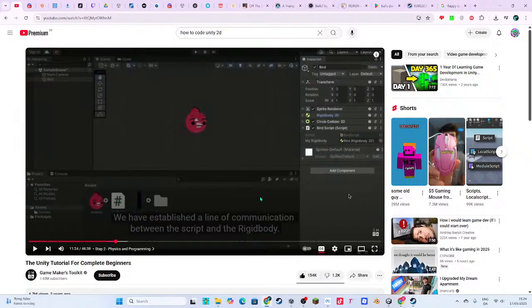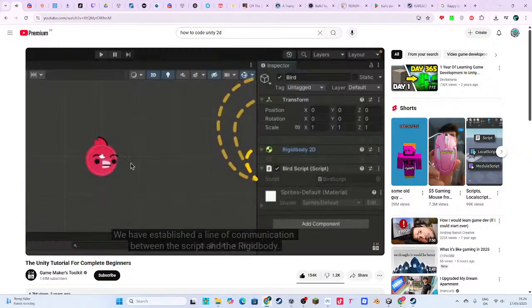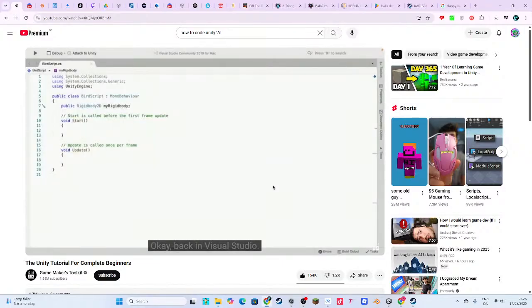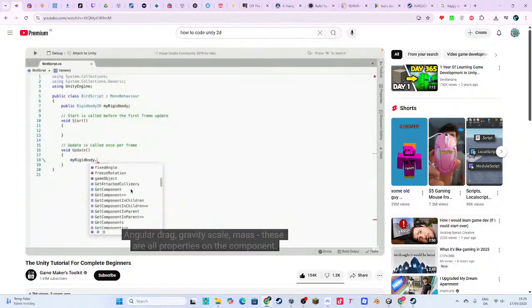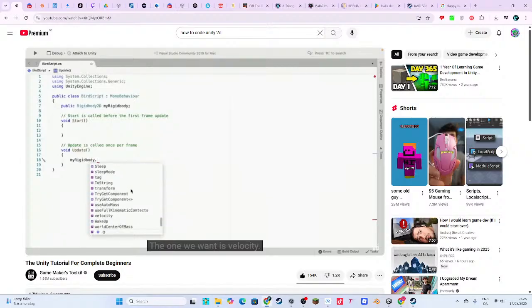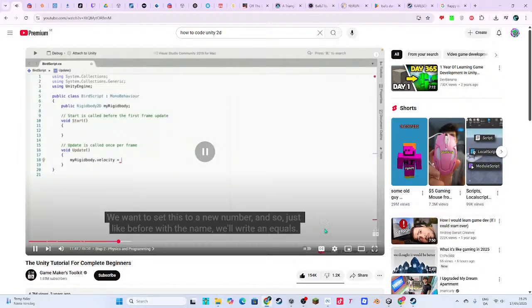Yeah. We have established a line of communication between the script and the rigid body. Okay, back in Visual Studio. In Update, we can type my rigid body, then dot. And now look at all the things we can talk about. Angular drag, gravity scale, mass. These are all properties on the component. The one we want is velocity. We want to set this to a new number. And so just like before with the name,